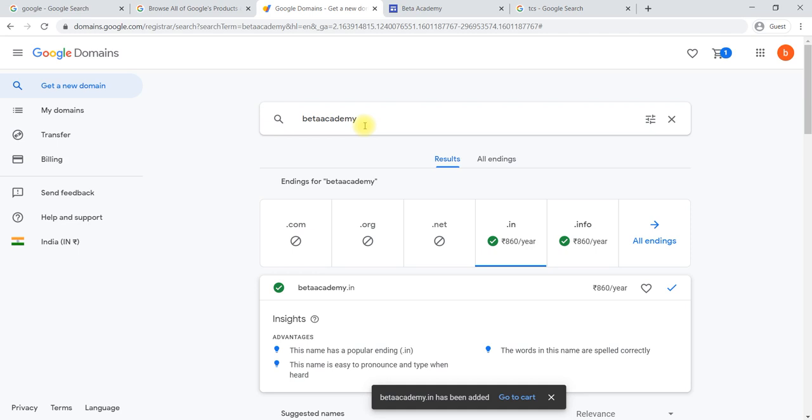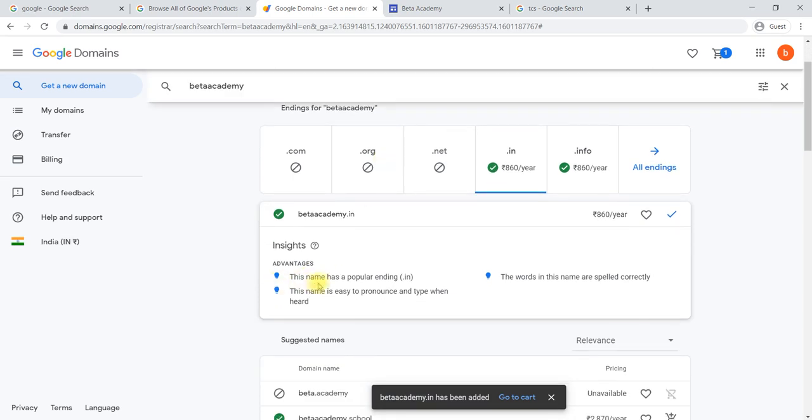If you give something else, they will not be able to understand that it belongs to you. For that reason, select that particular thing only, and you can check here. Yes, this is popular, easy pronunciation is there, and it is heard often, and the words in the name are spelled correctly also. So it is very easy to check.